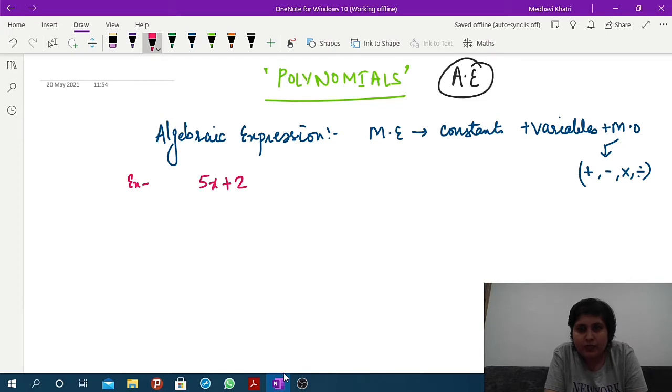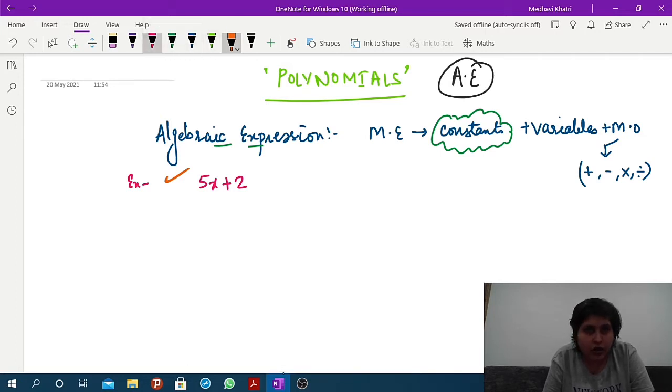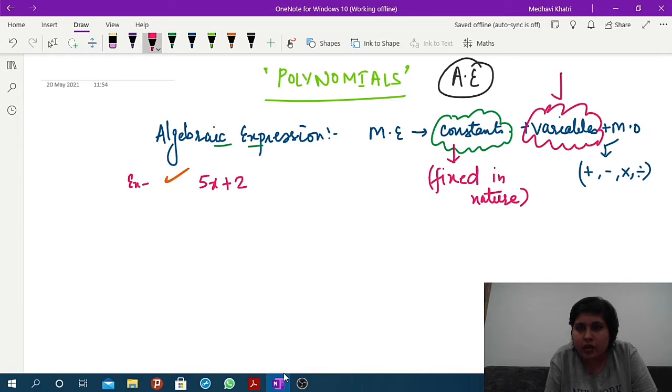You tell me. Okay, this example I'll tell you first of all how to check this one out. Okay, so as we know that in an algebraic expression we should have some constants. So let us check whether this given mathematical expression has some constants or not. So what do you understand by constants here? Constants are those values which are fixed in nature. And variables are such values which continuously vary their value, which continuously change. As the name suggests, variables are those whose values change continuously.